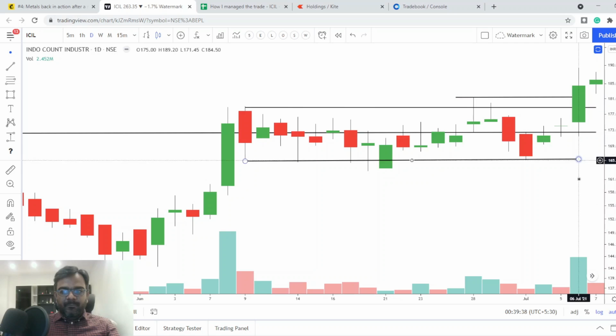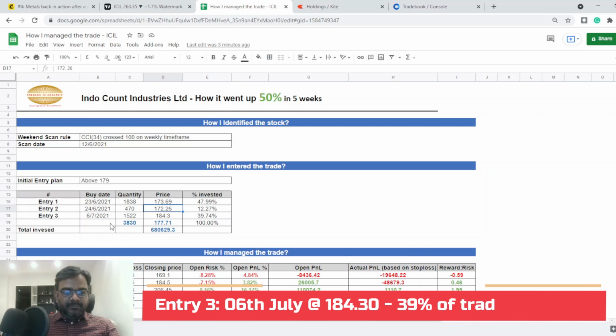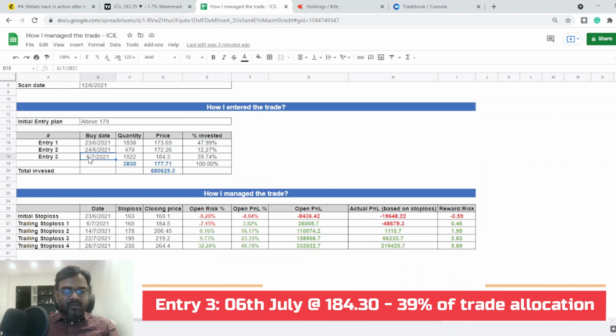Now this was a good day because the stock went below, all the way, and then it opened here, it went below, and then closed higher, and also the volume picked up. So what I did on this day is I deployed my remaining capital, right? So if you see here on the 6th of July, I added